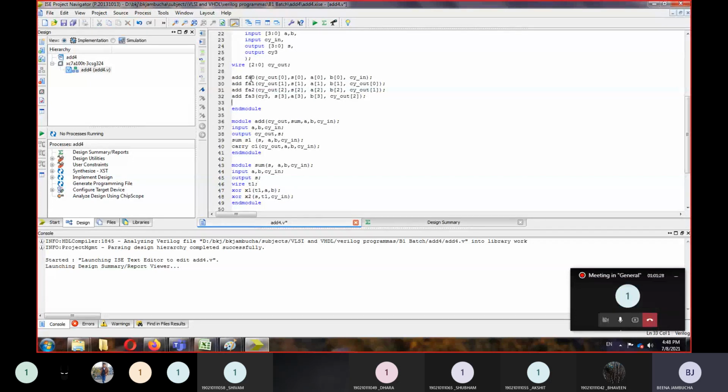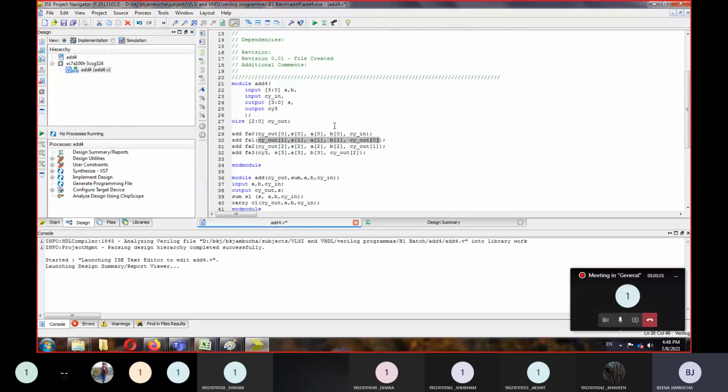So add fa0, you can give any name, fa0. Just keep in mind that this sequence should be maintained: carry out, sum, a, b, c in, right, sum, a, b, c in. Okay, again the second full adder. This is how we have written and so on. Is it clear?